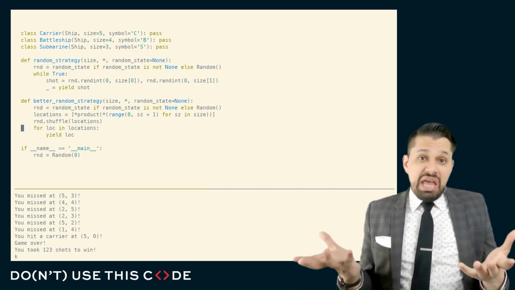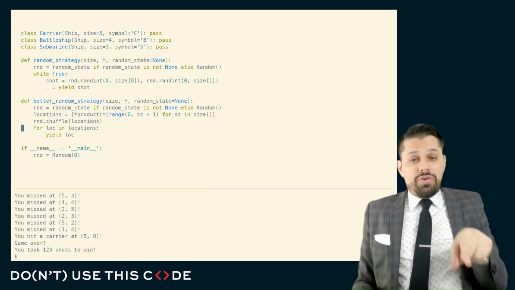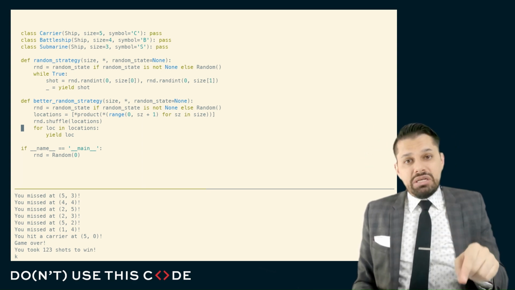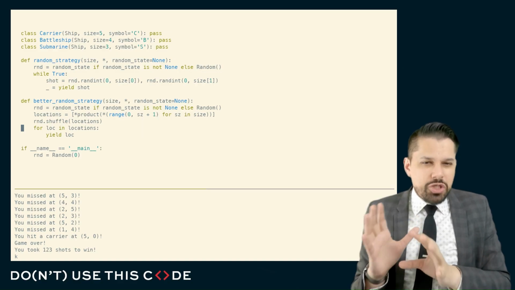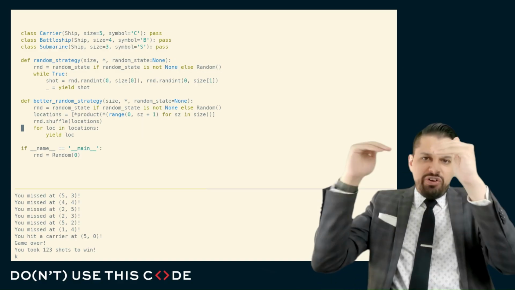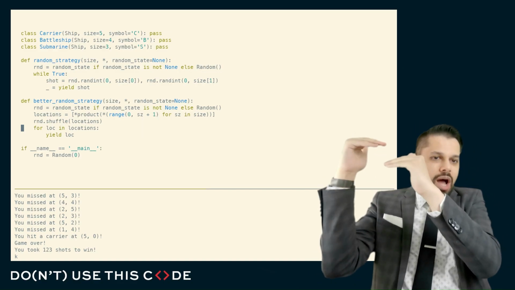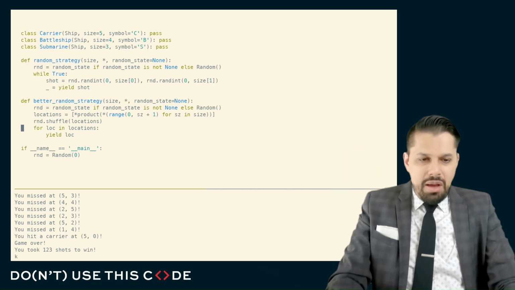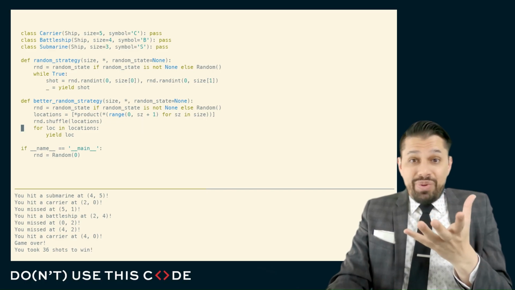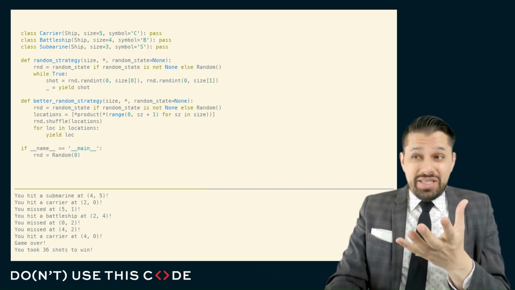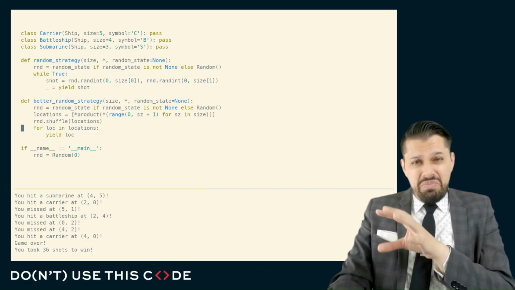because it's not any better than maybe just scanning the board from top left to bottom right. Maybe by juggling the positions a little bit, it has a slightly higher chance of succeeding, because it's very unlikely that people have put all their pieces in that top left and then you would have hit them immediately. But for the most part, we have a better strategy. And you can see here, better than 123 shots to win, 36 shots to win,